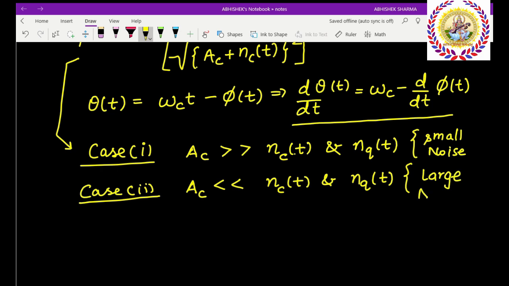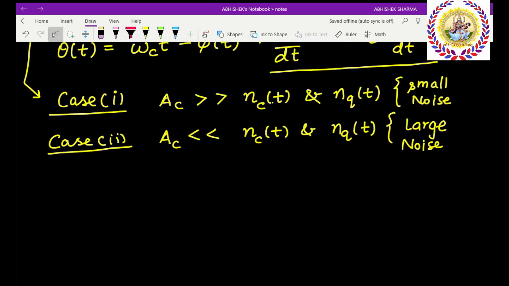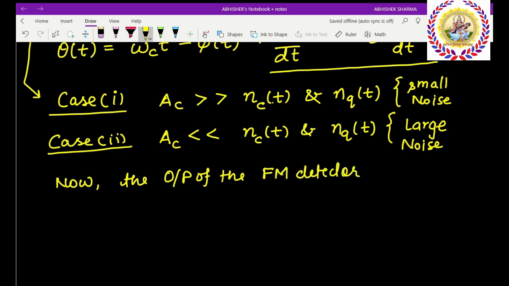Now, as the output of the FM detector is proportional to the instantaneous frequency, we can write it here. Now, the output of the FM detector is proportional to instantaneous frequency. Now we have to consider both cases, as defined above. For case number 1,